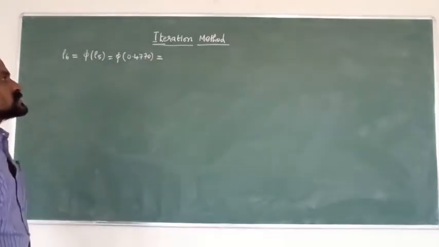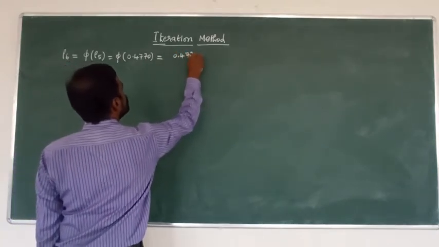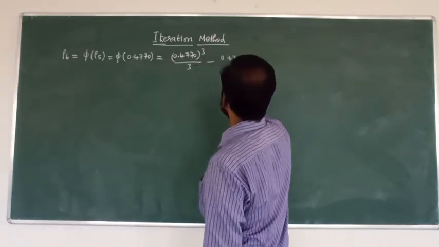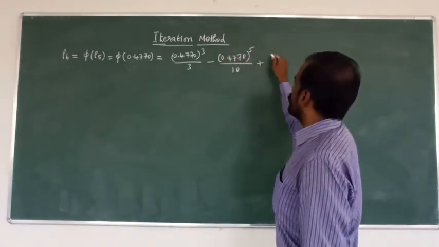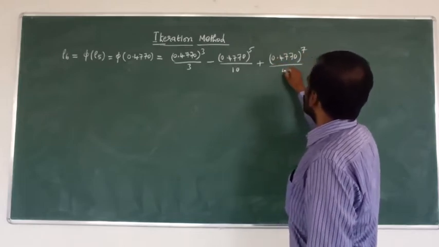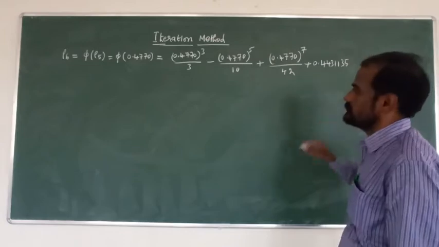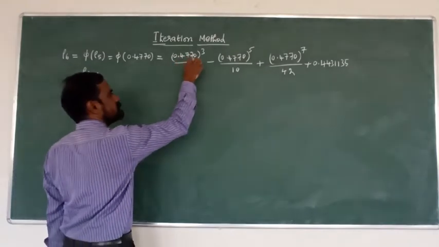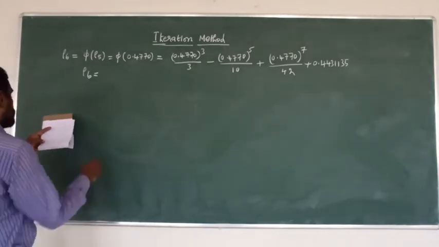This value substituting f of rho: 0.4770 cube divided by 3 minus 0.4770 power 5 divided by 10 plus 0.4770 power 7 divided by 42 plus 0.443135. Now to simplify, rho 6 equal to 0.4770 cube, that result divided by 3, we can get the result